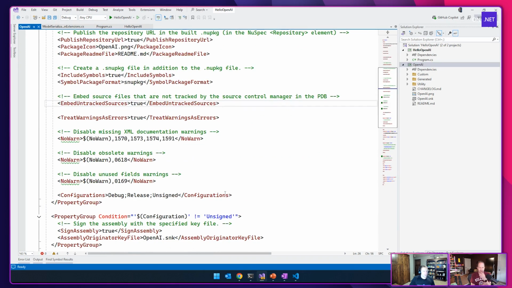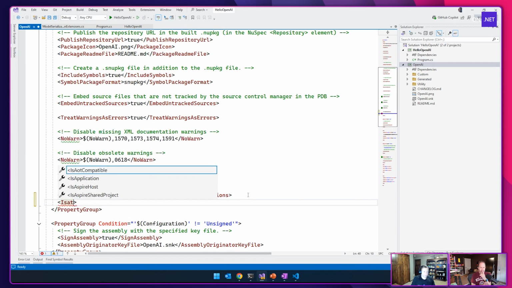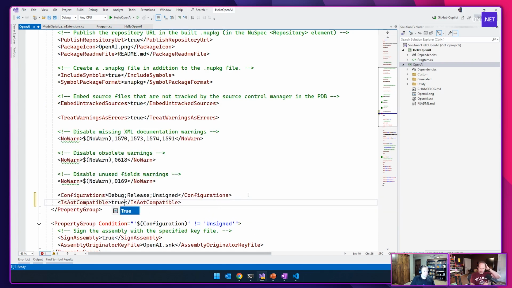And so to turn on that Roslyn analyzer, there's a flag that you can set on your csproj. It's called IsAotCompatible. So I'm going to set it on here. IsAotCompatible, and I'm going to say true.